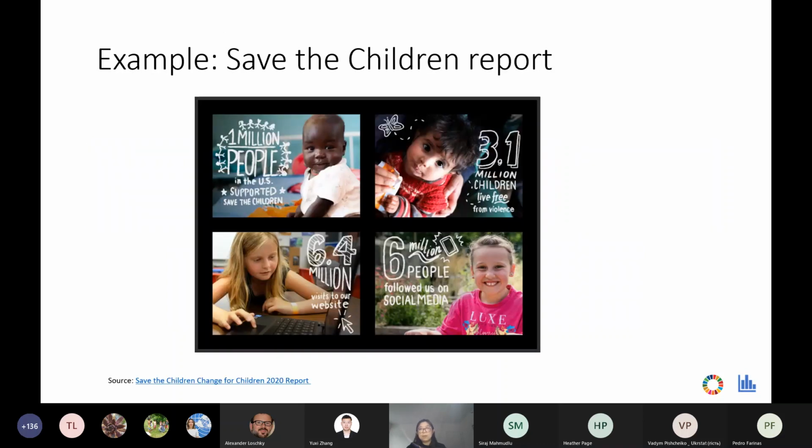And then here's an example of a data story that I pull out from Save the Children annual report. So this is their 2020 report, and it has the online version, it also has a print version. So on this little chart, we already have 4 mini highlights or insights, and each of them can be a little data story. And together, they form a more powerful overarching narrative to present what Save the Children did in year 2020 and whether more actions are needed to help them to make even bigger progress. So that's one example of a data story.